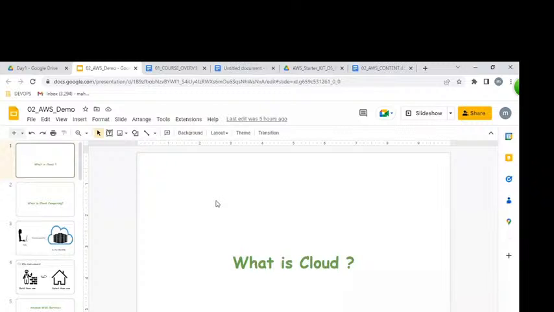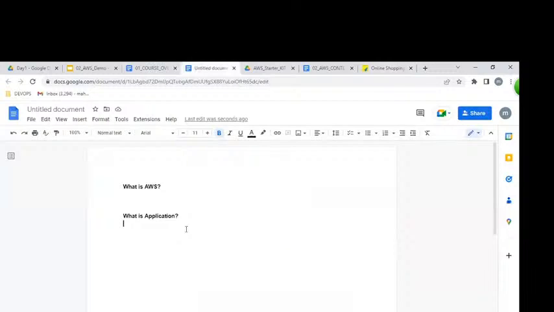Application is equal to website, like Flipkart, Book My Show, Redbus, IRCTC. These are all what we call applications.